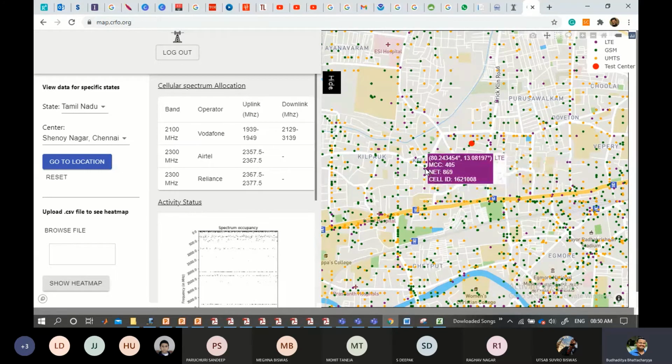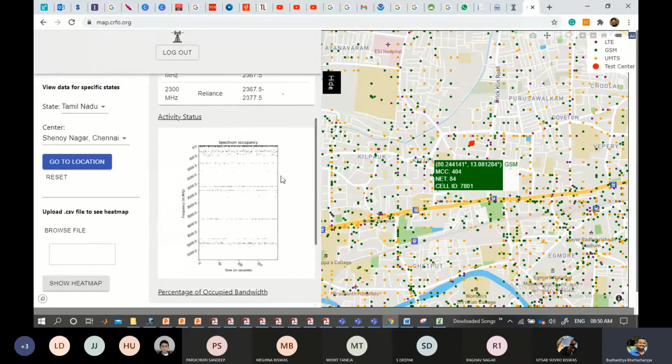and this MCC is actually dependent on the network also. So network means you can check in the left hand side, where you see Vodafone, Airtel, Reliance. These three are the primary contributors to the connection, and you can observe that they are working in the band of 2.1 gigahertz or 2.3 gigahertz for that matter. Because if you remember, 2.3 gigahertz is in the ISM band, and the ISM band is used for 3G and beyond operations. So mostly you can find that UMTS as well as LTE will work in this particular frequency band, to be honest.